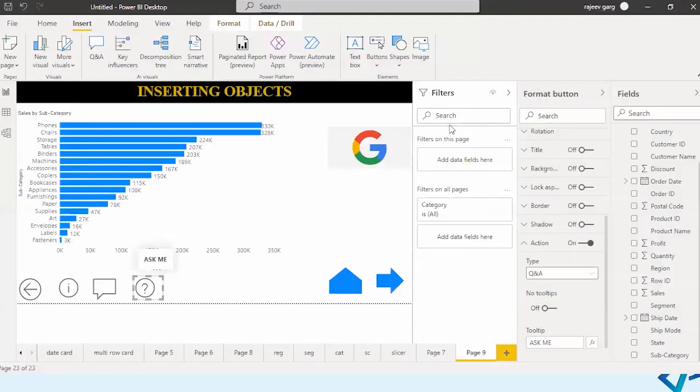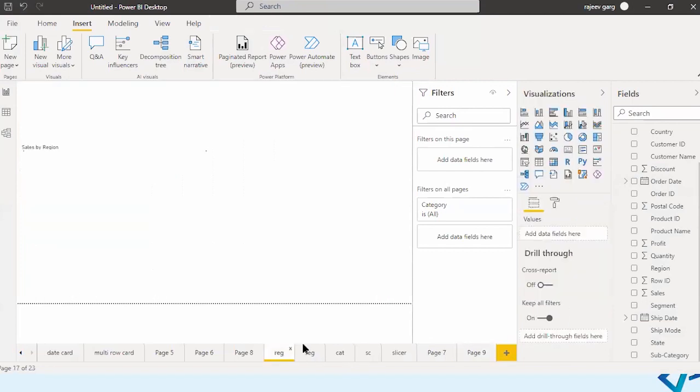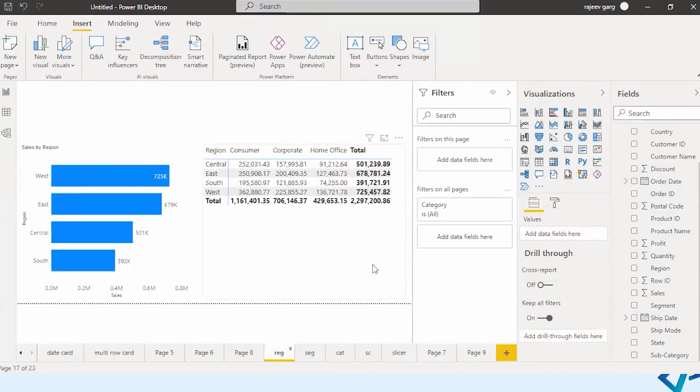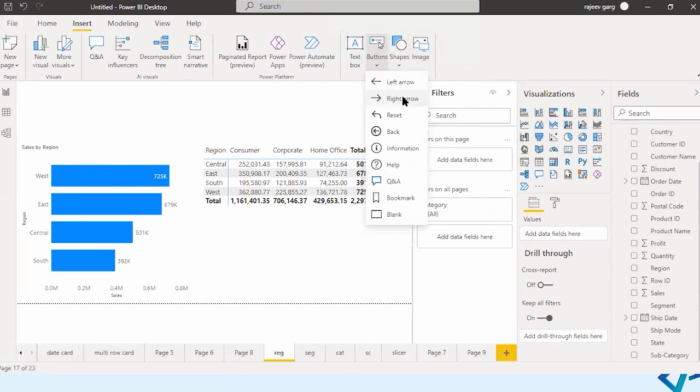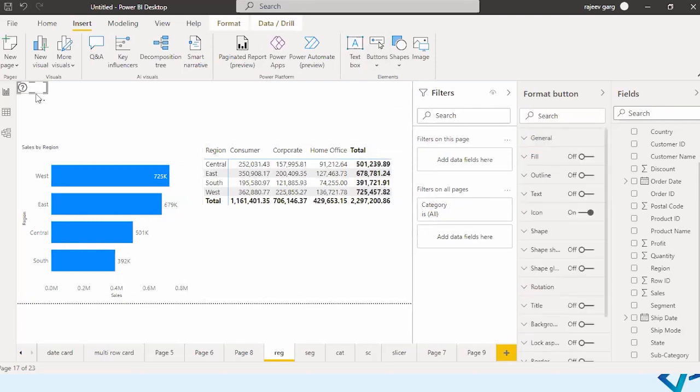Now, what is the other action we have? So we have seen back, bookmark, page navigation, Q&A, web URL, and the drill through option is remaining over here. So let me go to this region where we have created a drill through. Now here I would like to put a button. So let me say insert button and let me take this icon over here.